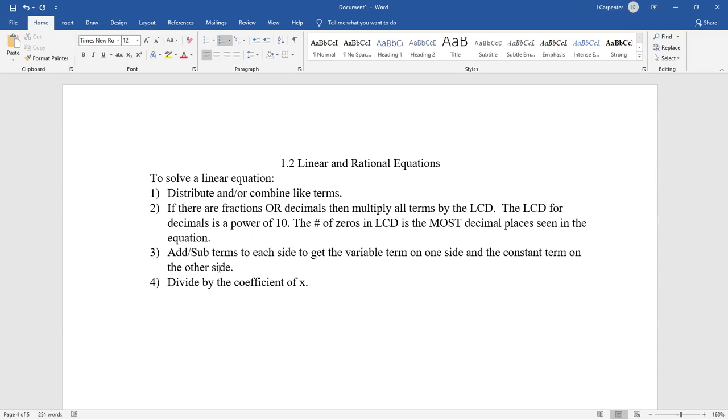They could be in the top but not the bottom, and a lot of other variations as well. They're things like 9x plus 11